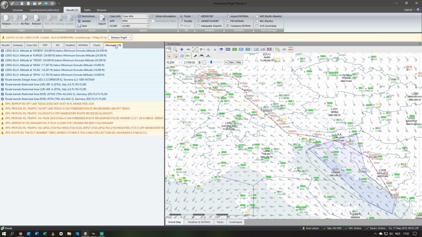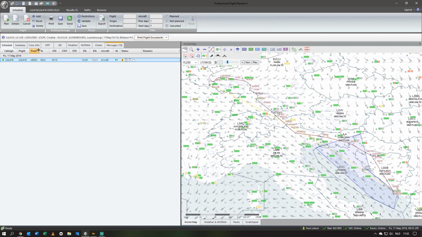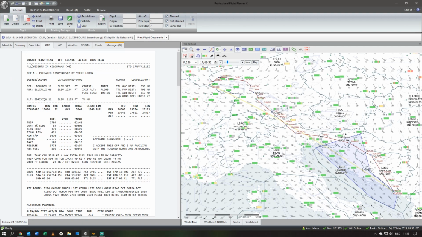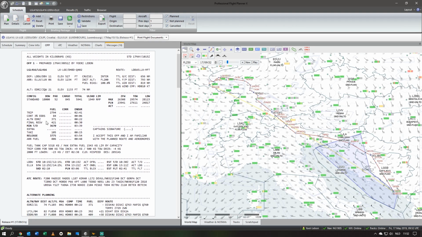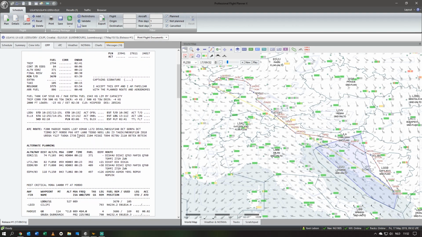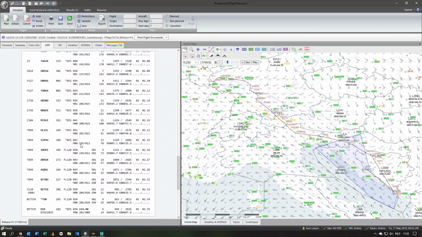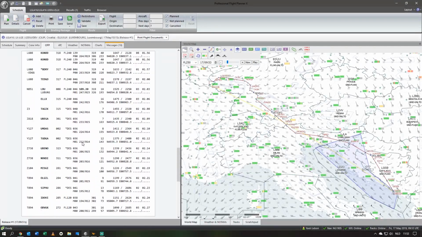So I can release the flight, and then you have a summary of every weights and times. But I mostly go to the operation flight plan page, where I find all the info I need: the fuel, the weight, zero fuel weight, passengers, and so on, the routing with the SID and STAR. So I have a look at that. If I'm happy with what I'm seeing,